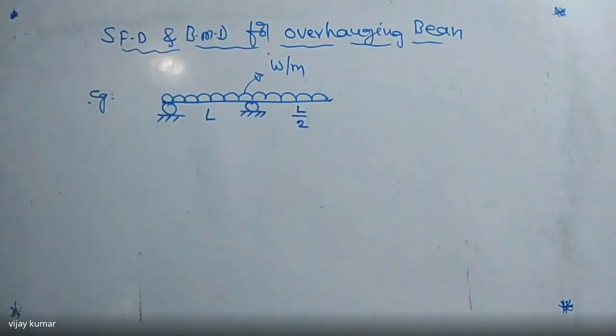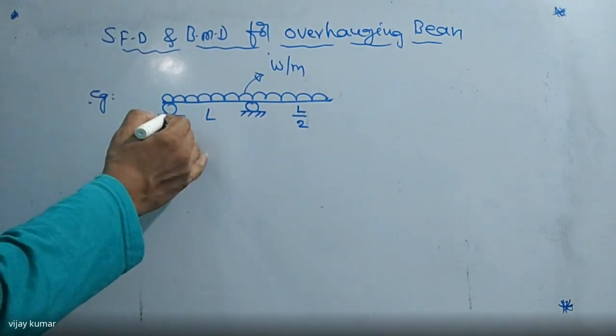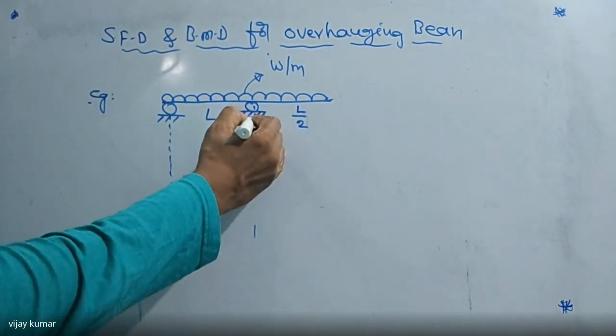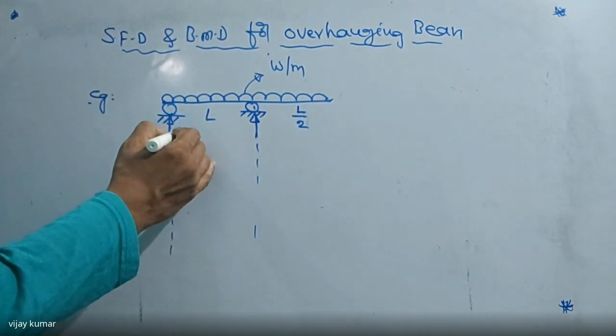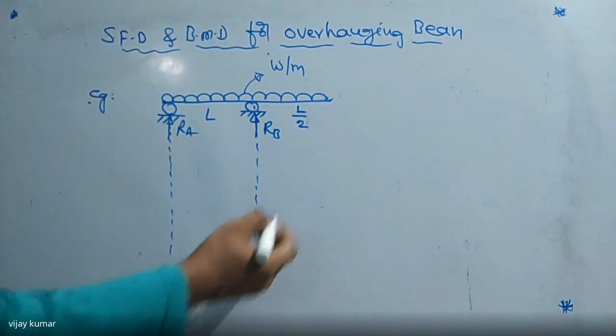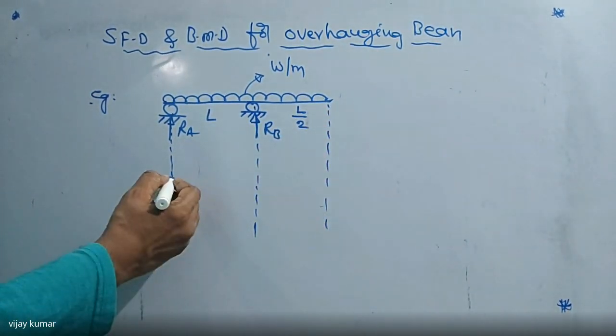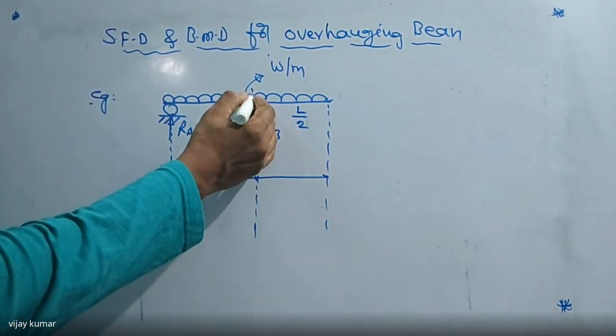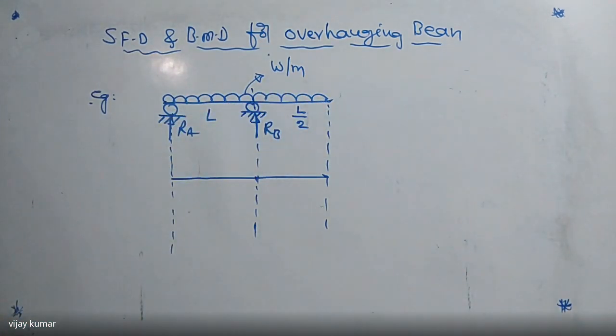Here also we are going to draw the shear force and bending moment diagram. I am not giving the calculation of reactions and bending moment here, but I'm going to draw the shear force and bending moment diagram. We can draw it very easily, listen carefully. Here there must be a reaction, that is RA, and this must be RB. Now tell me how to draw the shear force diagram here. Simply we can draw it. From this point to this point, which load is acting here? Uniformly distributed load is acting. Did you get my point or not?